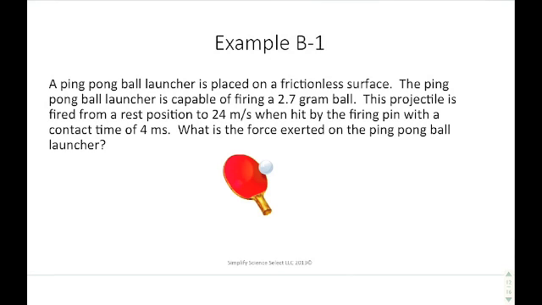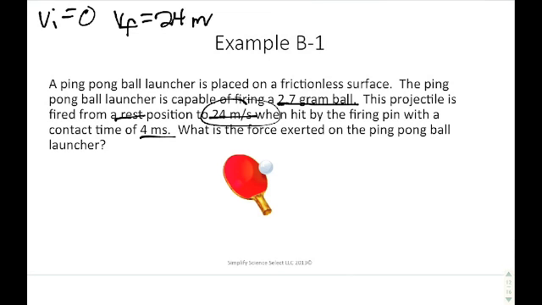So we take a look at all our numbers. We're going to underline all our numbers that are there, and we're going to assign them variables. The first thing that we want to realize is that it's fired from a rest position, so we can say our initial velocity is 0. We know that it comes to 24 meters per second, so we can say our final velocity is 24 meters per second. We also have the mass of the ball as 2.7 grams, or